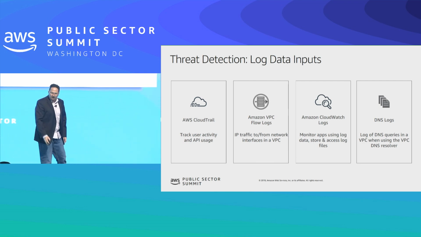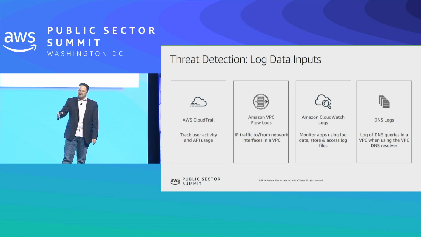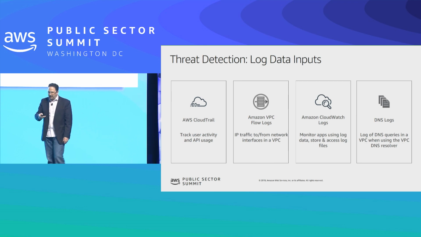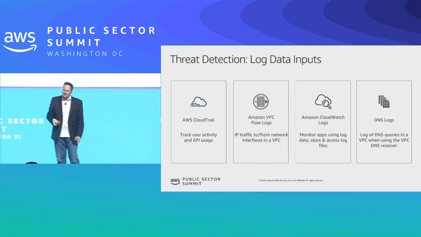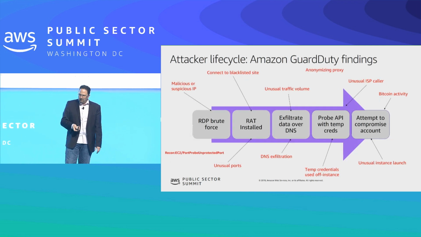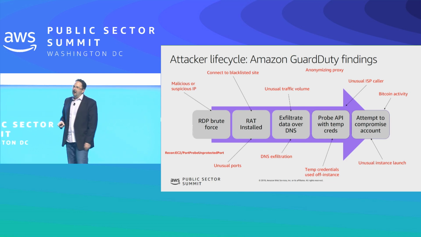Then you have VPC flow logs, which is all the network traffic. CloudWatch logs, this is essentially your SIEM in the cloud, where you can actually stream events from your environment, pick out metrics, and then decide which metrics you want to alert on and event on. And then you can take a range of actions. I'll show you an example in a second. And then DNS logs. DNS can be a very rich source of information on who's querying, what the queries look like, and so on. All right, here's an example of Amazon GuardDuty going through an entire life cycle of an attack,